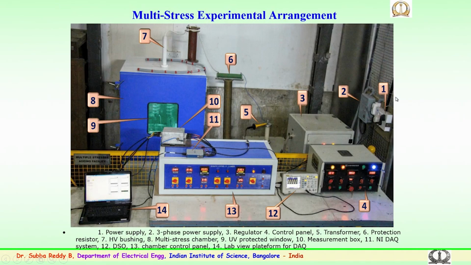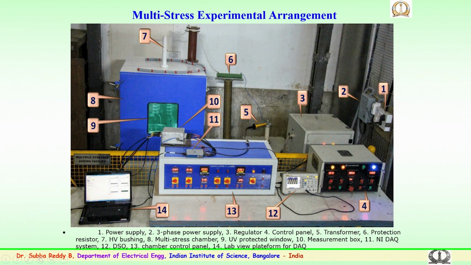So, in the laboratory here we have tried to simulate the experimental arrangement for a multi-stress environment considering 4 important parameters, and the experimental setup is as follows. You can see the control arrangement here, you can see the oscilloscope, the control arrangement for the transformer. This is the regulator control arrangement, a transformer,